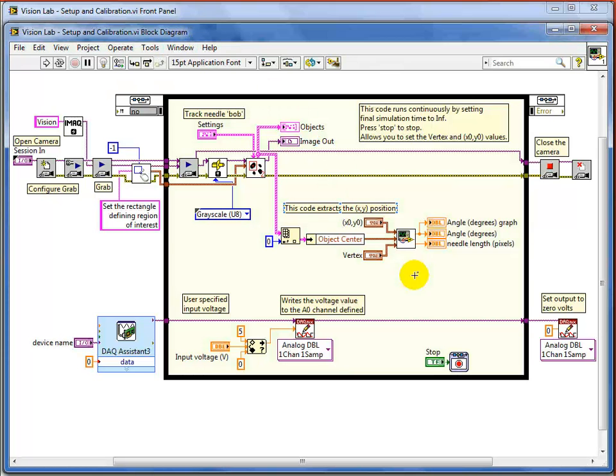Let's look at the block diagram and focus first on this side. There's actually 4 or 5 pieces I want to show you. 1, 2, 3, 4, 5. And then there's some other little pieces I'll show you. But first, this is really just the setup for acquiring images. So you only have to do this once. Note that it's outside of this